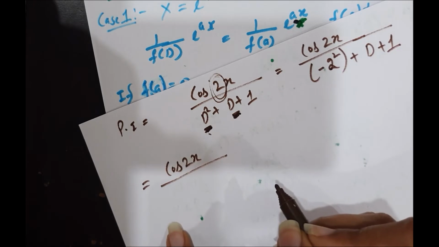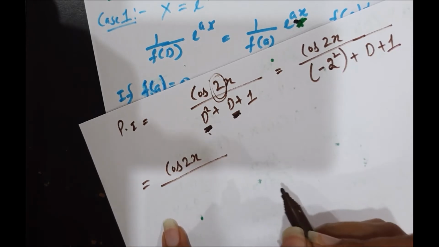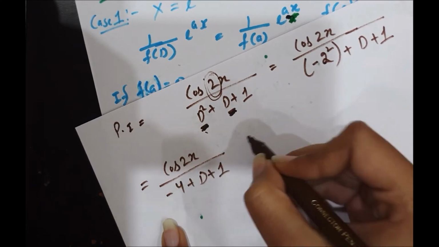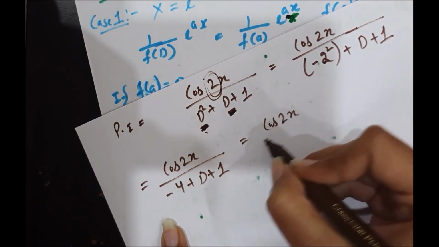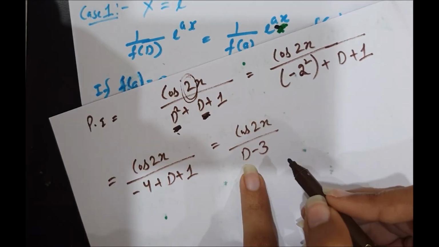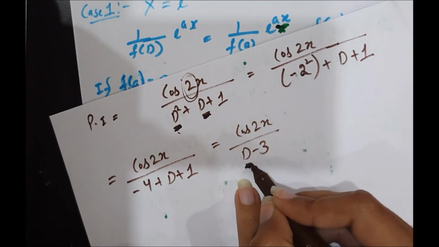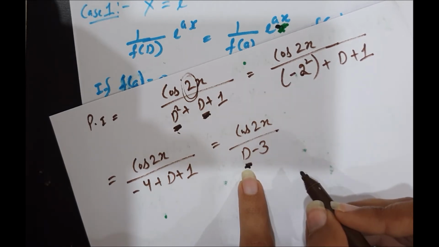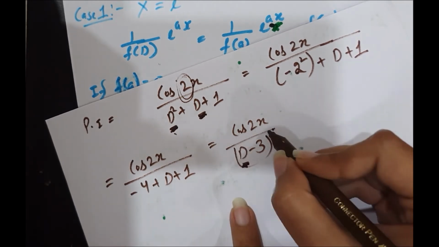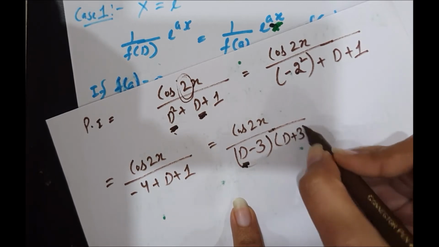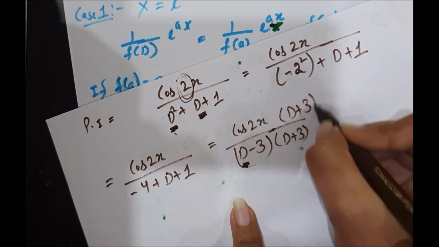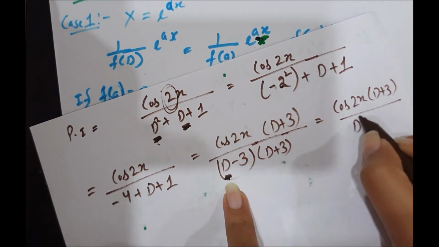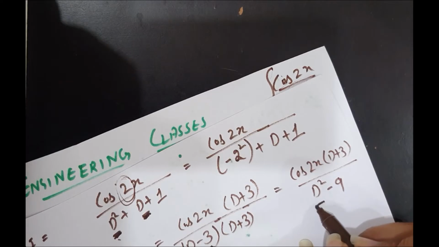It's a method to find the particular integral for sine and cos functions particularly. So we came out with d. We can't do anything with this d. So to find the particular integral, we have to make it d square. So for that we will do this. So we made it d square.